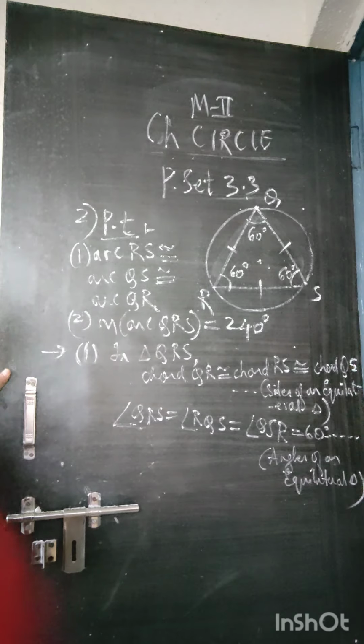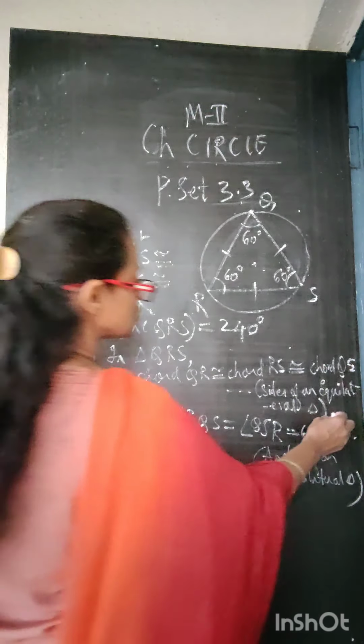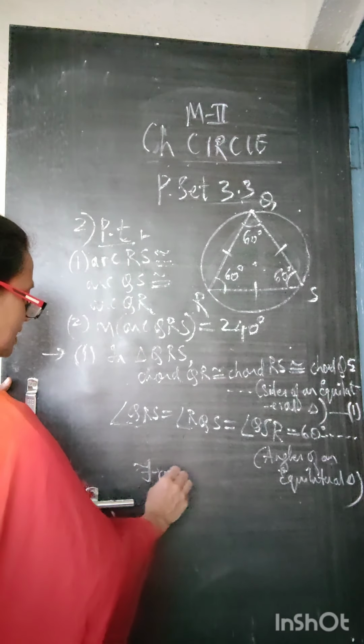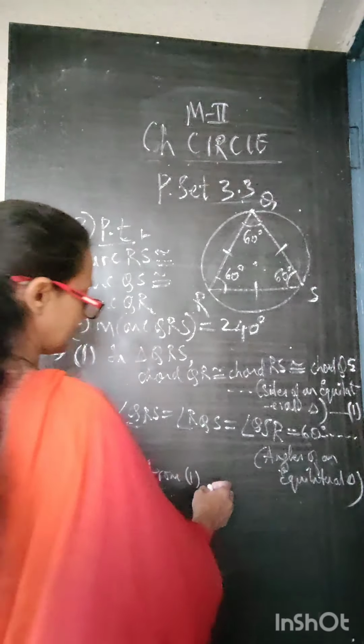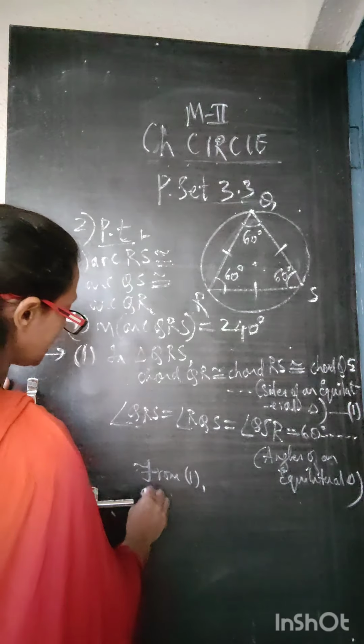Okay, so we know the angles, we know the chords. Now, what is the next thing? Right, so this is equation 1 if I number it. So from 1, what do I say? From 1, we get arc RS,